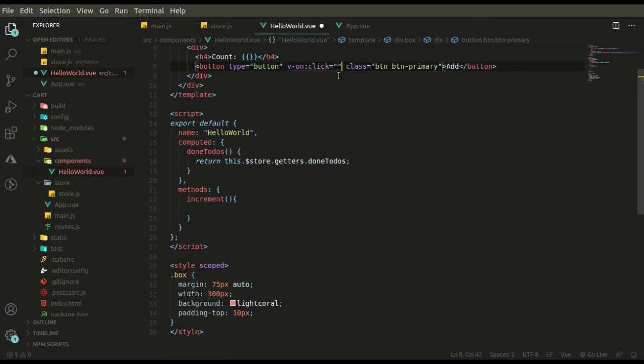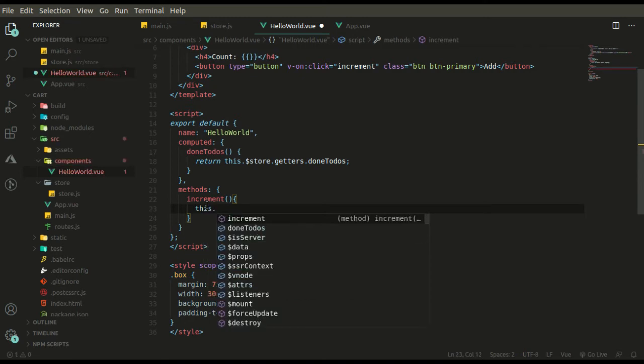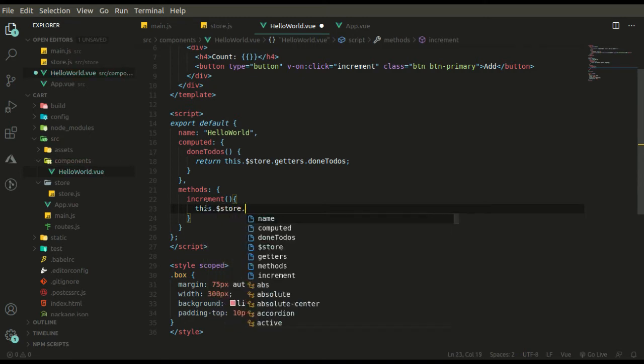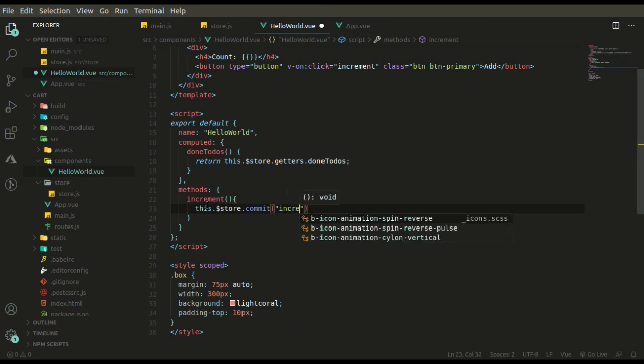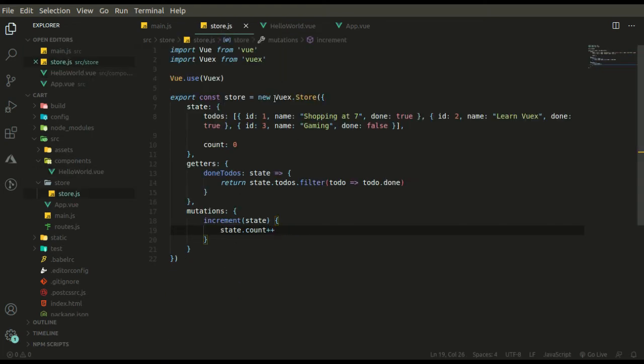The event that we are listening to is click, and the method that we have to call is increment. From here we have to call that mutation, and how we do that is with the help of $store.commit. We have to commit that mutation, so simply the name of the mutation goes here. Increment, we have that mutation over here.